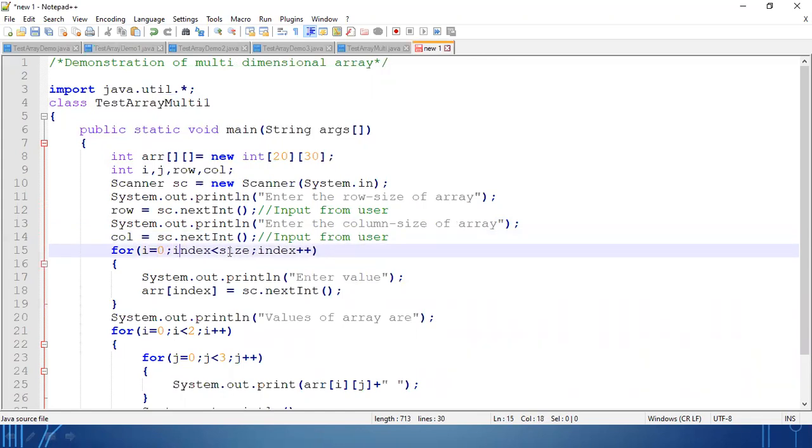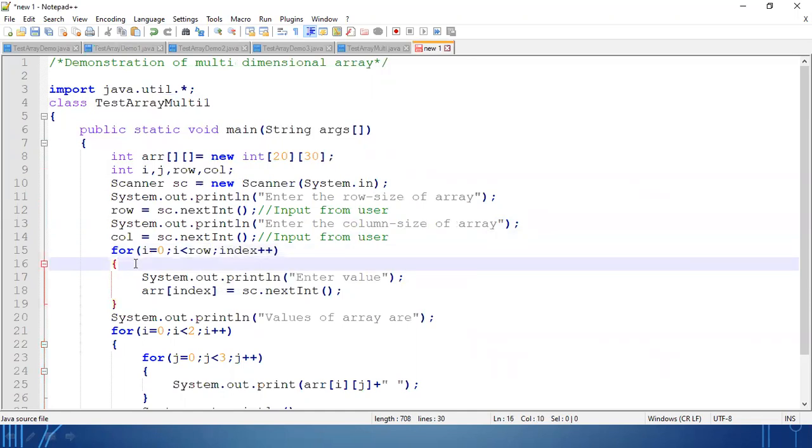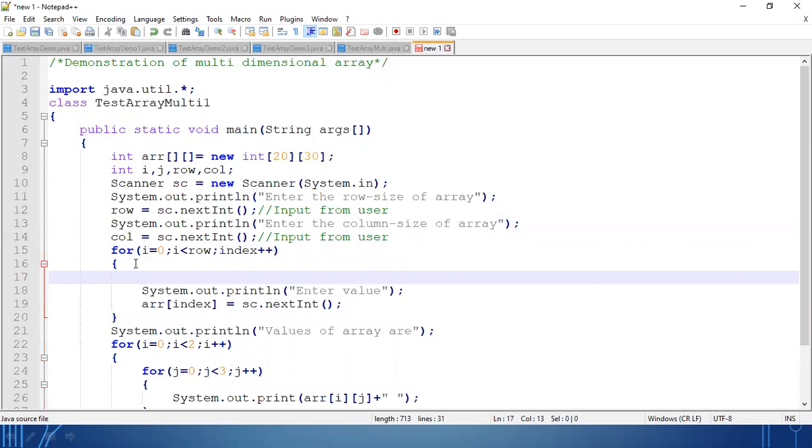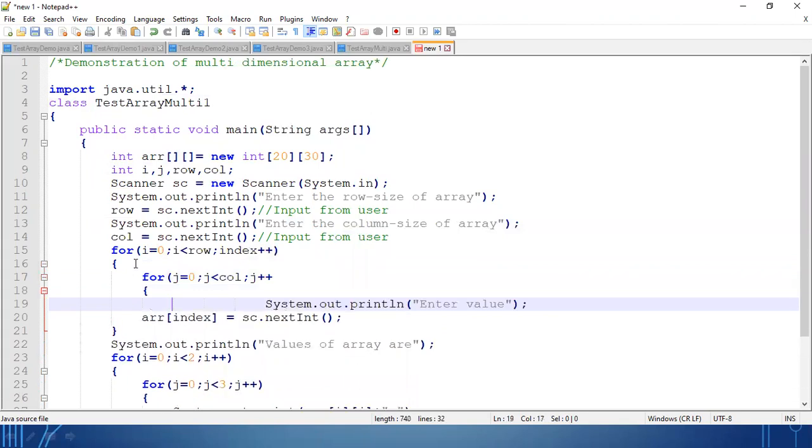then you will take the input, it will start from 0. On the basis of row value, the total number of rows will be counted. Okay, for every row, j equal to 0, j less than column, j plus plus, you will take the value.